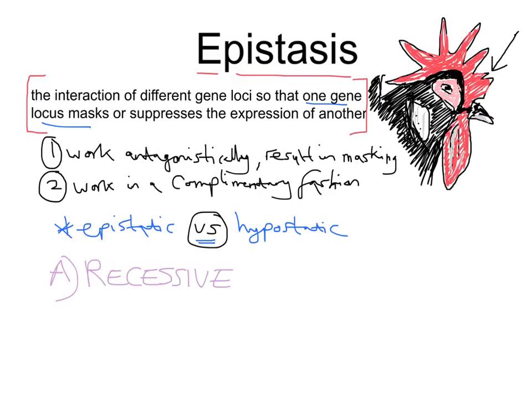And exam questions love to ask, they'll give a scenario and then they say, can you work out which type of epistasis is shown? So we've got recessive, I'll just list them and then I'll talk through each one. We can have what's called dominant epistasis, and finally we can have what's known as complementary